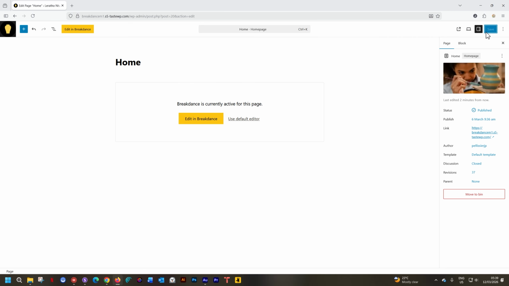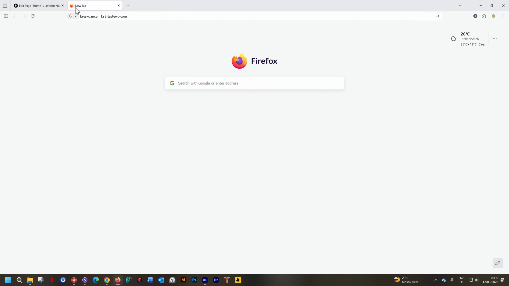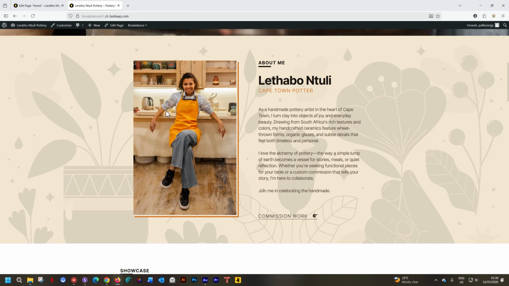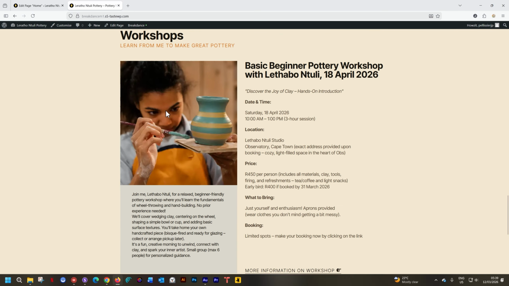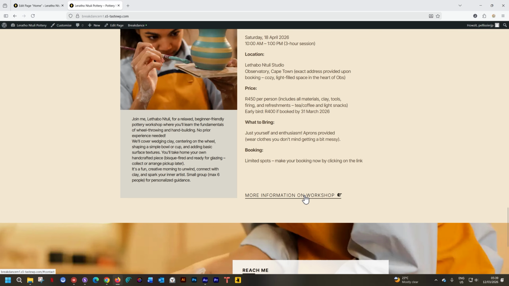I wasn't planning on doing this, but I do want to show you how to create an on-click pop-up. That's my own word that I've created. The on-click pop-up, let me open the front-end view for you, is that situation where you click on a link like this, more information on a workshop, and there is a box that pops up on your page after you